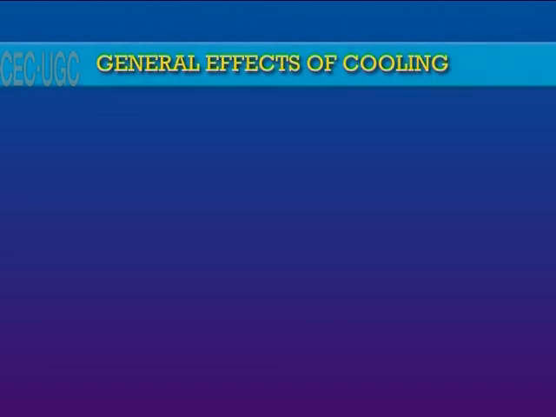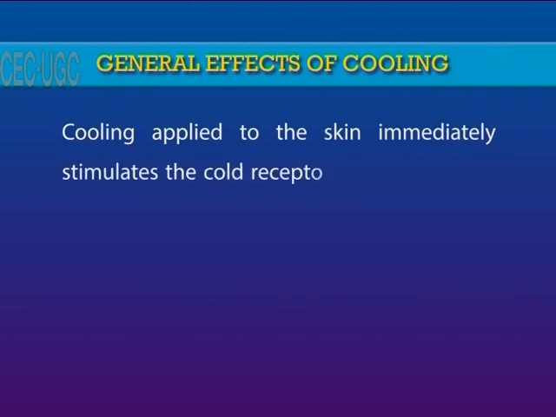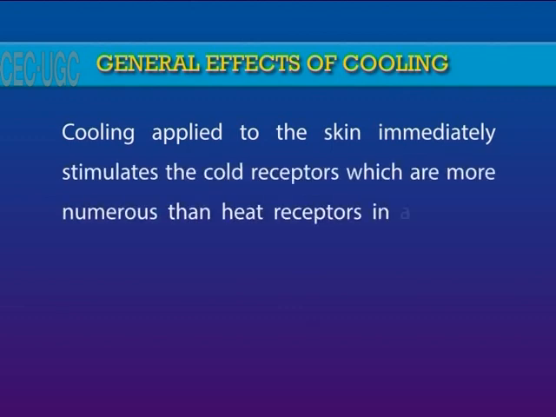The next topic is general effects of cooling. Cooling applied to the skin immediately stimulates the cold receptors, which are more numerous than heat receptors in any given area of skin. The hypothalamus acts as a thermostat to maintain core temperature. The posterior hypothalamus is concerned with the response to body cooling, being affected by the nervous input from the skin as well as the blood temperature. To conserve heat, it responds by cutaneous vasoconstriction, and later by increasing blood flow to the skin through vasodilatation. And next,